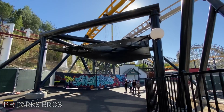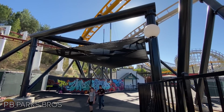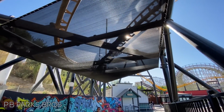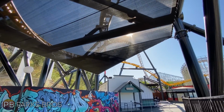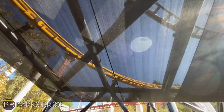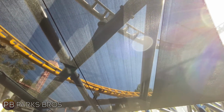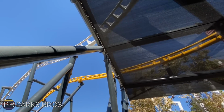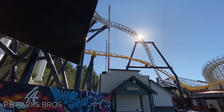But moving on from that, you can see a new covering underneath the track pieces in the area of the underground. So there are netting posts up as of right now, so potential artifacts from other riders on West Coast Racers cannot fall onto the ground and hit other guests, which is great. Only problem is they are not really great at see-throughness, I guess I would say, but a positive to that is it is actually a nice bit of shade, it would seem, in that area, which I think is definitely